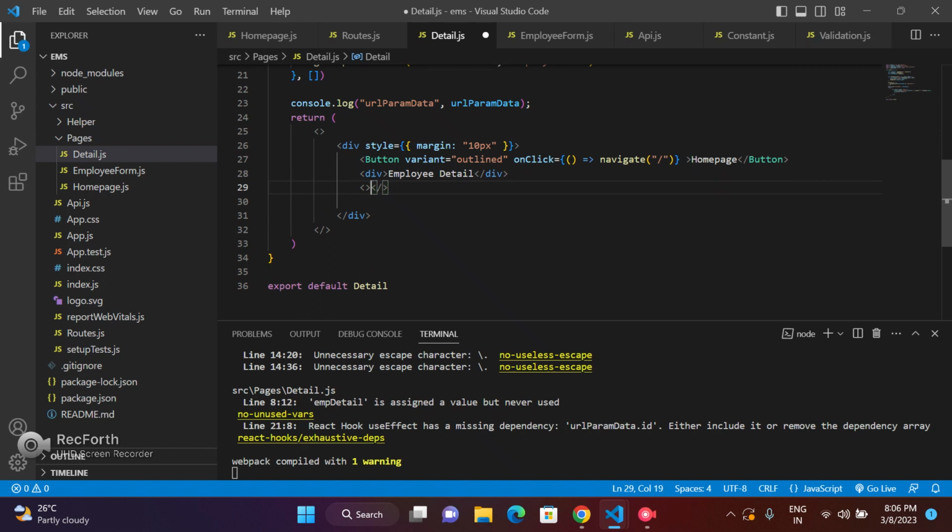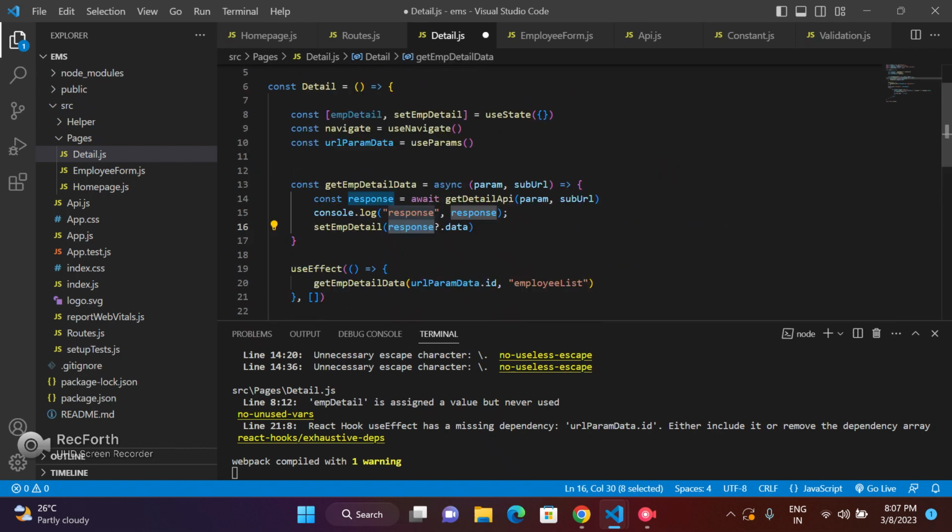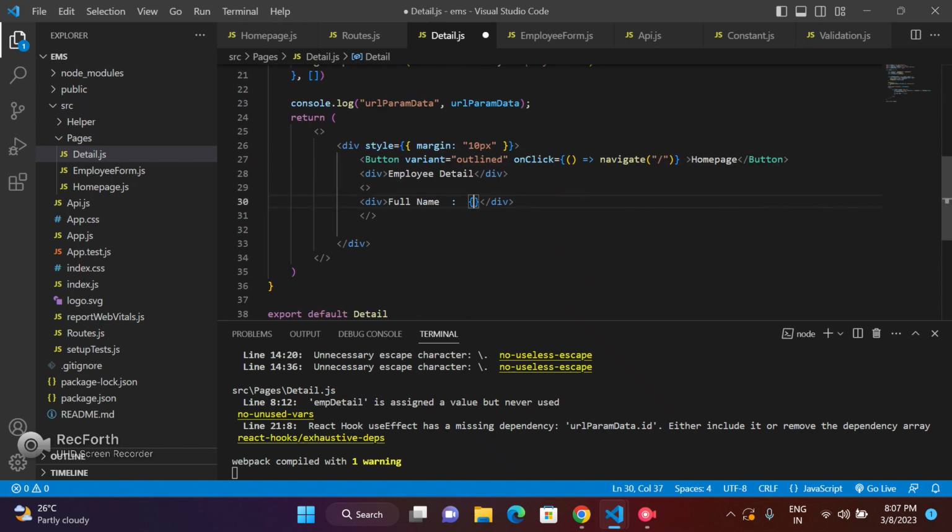So we will show the details likewise itself. There is nothing more that we can do. We will just have a div, and div, and we will just show it. This div will have full name, or else employee name. Again, no need to do this. I will add here. First we need to set the response. I think the response to the data is already set, so over here we will get it. So this will be employee dot